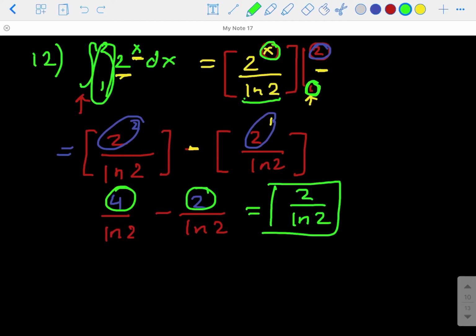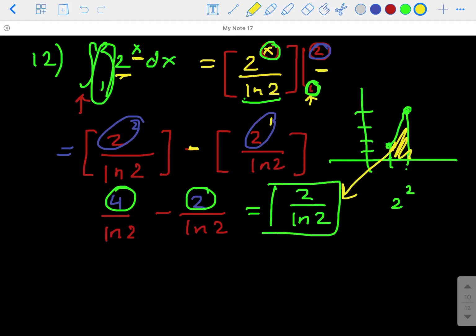So what this means visually, if you do 2 to the first power, it's here. So when you are at 1, you are at 2. And once you are at 2, 2 to the second is 4. So here's 4. So it's going to look like this, and you're trying to find this funky area. This funky area is actually 2 over natural log of 2. So when you divide this out, this is like 2 divided by natural log of 2. And if you type it into the calculator,